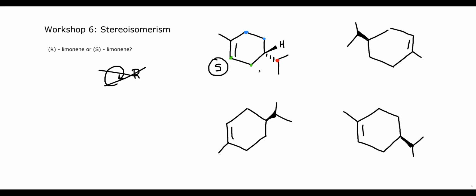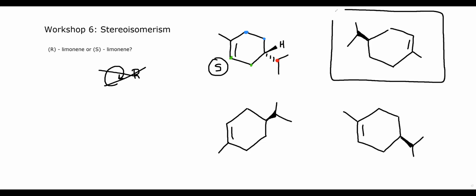Okay, so we can do that again, or what we can do for practice is look at the other molecules here and determine if they are exactly the same by flipping it so that it lines up with this molecule, or if it's the enantiomer, R. So let's look at the one in the top right here first, the one I just boxed in. Now, if we want to line up this molecule in the top right with the molecule here that we've already solved, S,